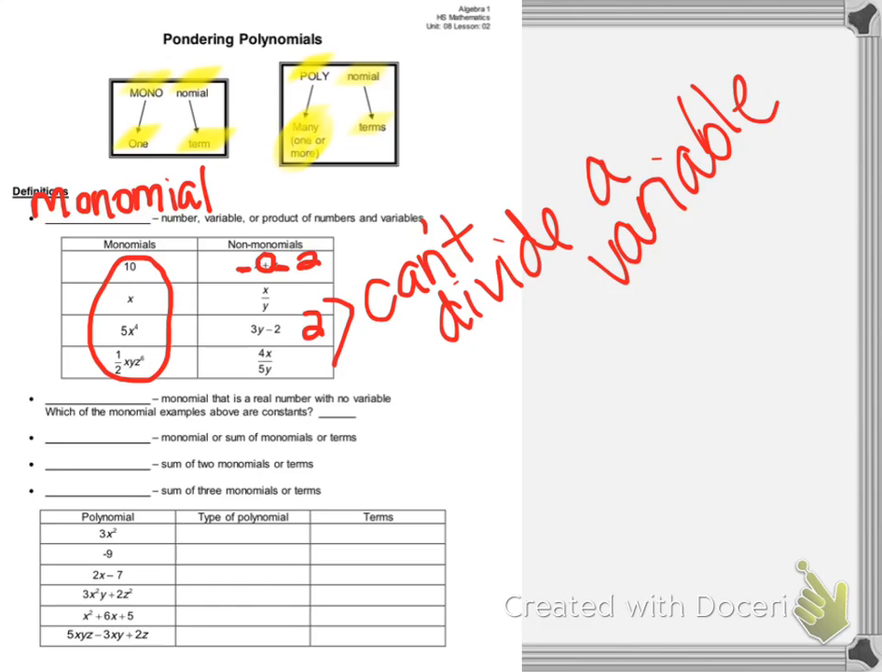Okay? Next one, we have blank is a monomial that is a real number with no variable. So that is going to be a constant. Okay, that's going to be a real number with no variables. Which of the monomial examples above are a constant? It'd be 10. 10 is my constant above. And then a polynomial